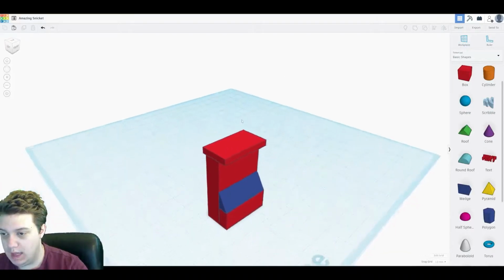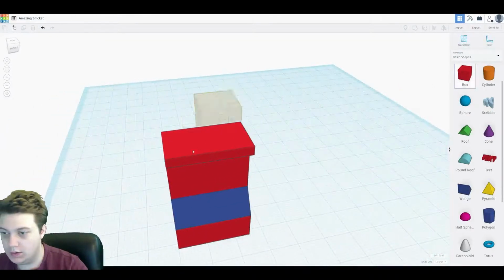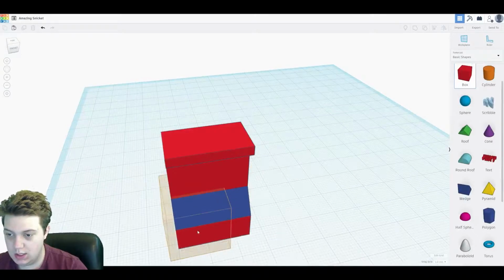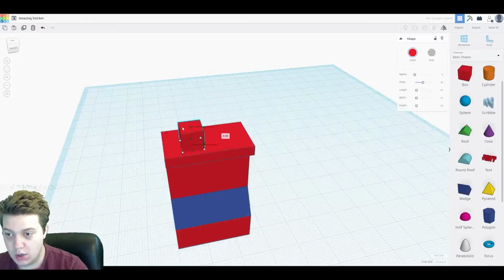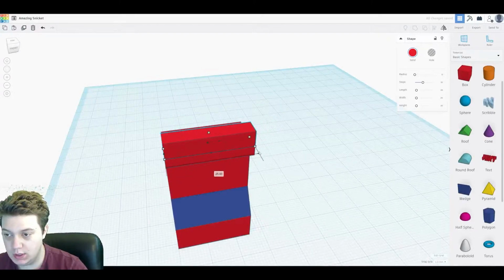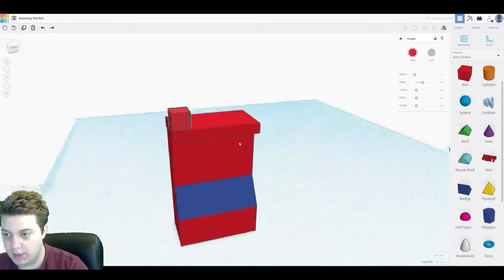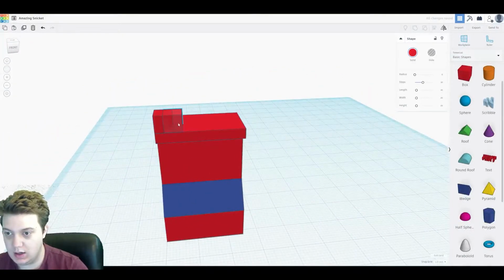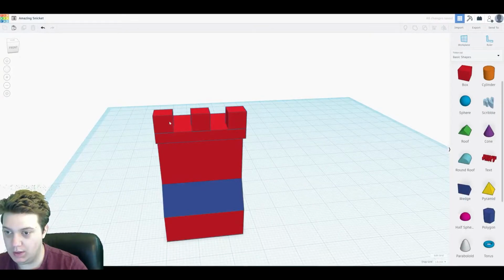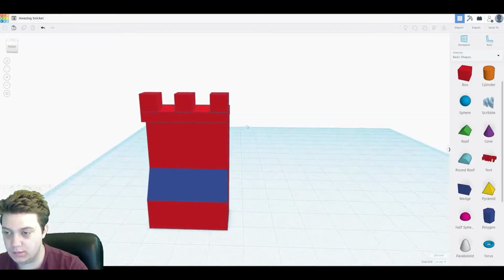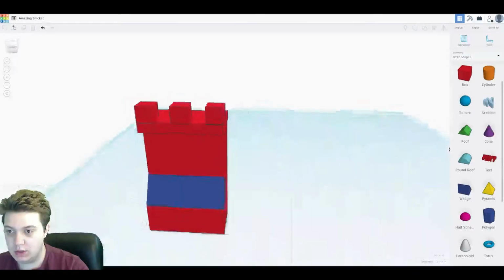Now then, to make the top of the wall, it's going to be a series of boxes. You could do one continuous box and then cut it up with holes, like this, but I have a feeling that's going to cause the program to take a lot longer than we might think, or that we might want. Okay, so this is a good